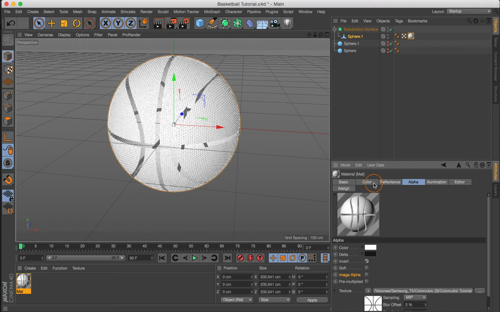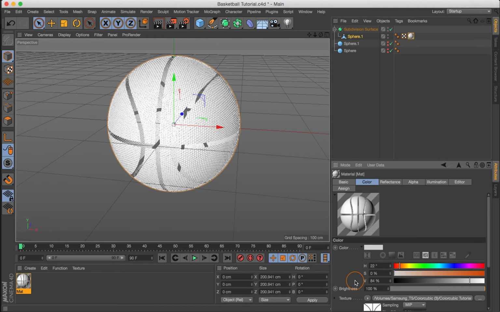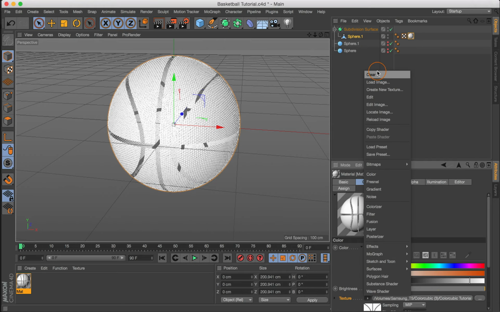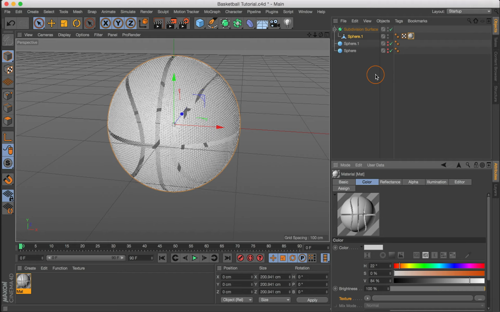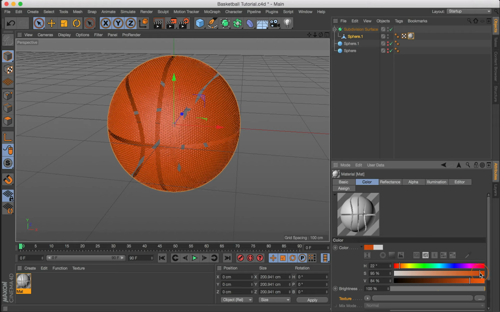So now that we've done that, let's come back over to our color channel. Let's come down to texture, and with this arrow button, select that and then select clear, because we no longer need that image on our color channel. Now we can adjust the colors of the material applied to our editable sphere. For the sake of consistency, I'm just going to make this orange like a standard basketball color. So now that I've done that,